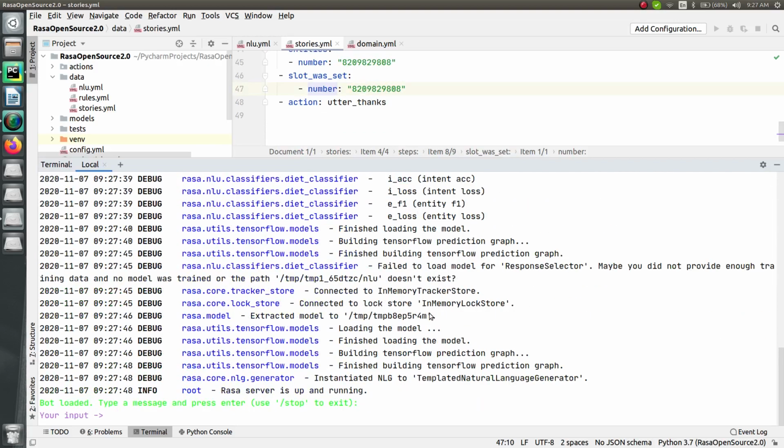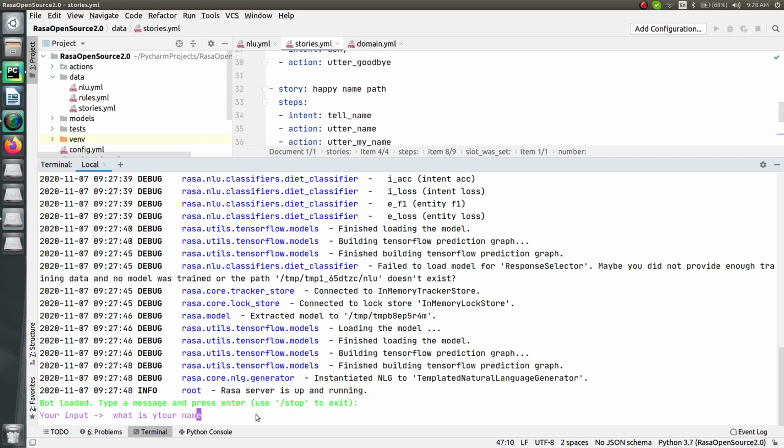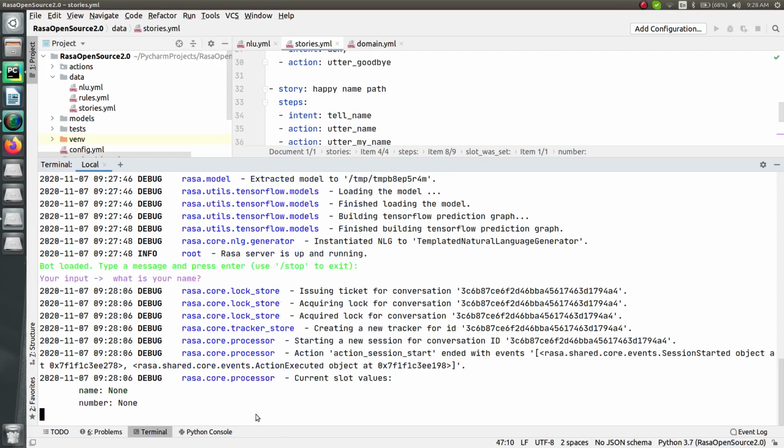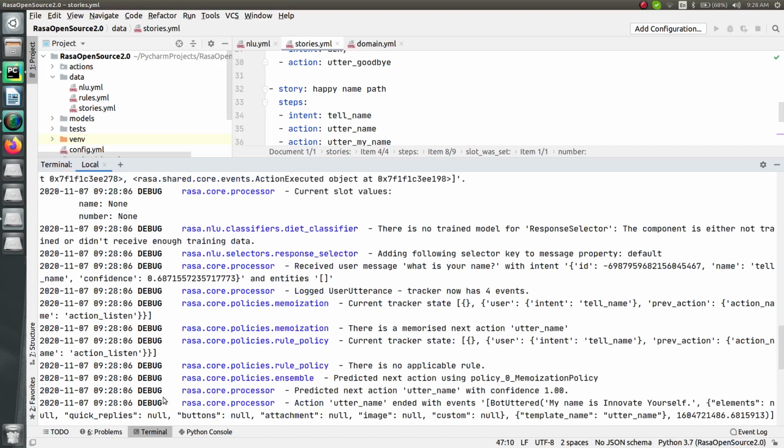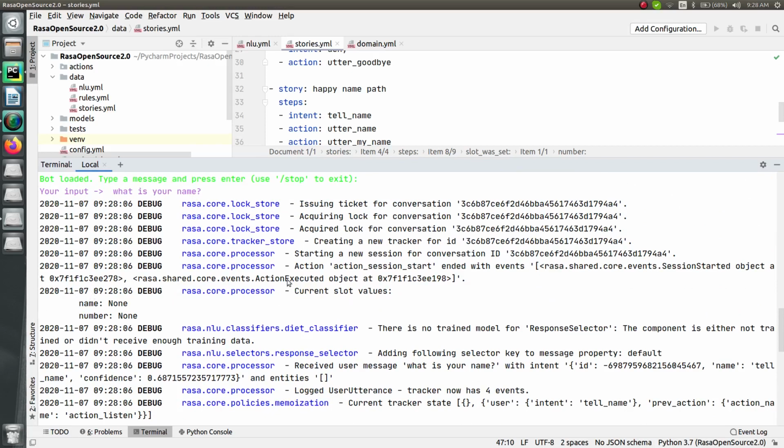So you can see now we can talk to the bot. Now let's follow this conversation, right? So firstly I have to initiate, which means I have to ask what is your name? So my name is Innovate Yourself. What is your name? And if you scroll up, you will see that now there are two slots.